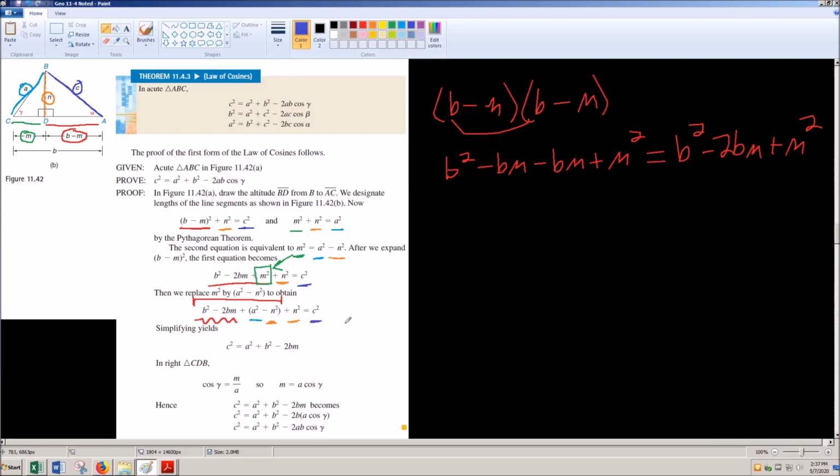Well, what's going to happen? I'm going to have some terms cancel off, right? I have a negative n squared and a positive n squared. Those are going to cancel off. As I look at this thing, it's going to simplify to c squared is equal to a squared